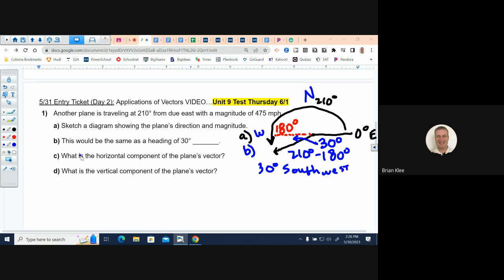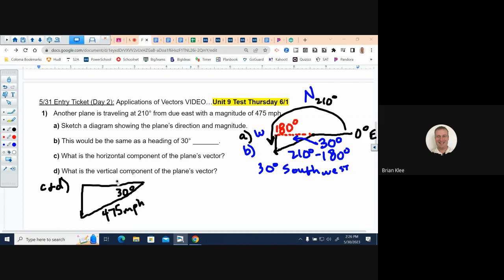Okay, next part. What's the horizontal component of the plane's vector? So that triangle that just got formed right here, we know the following on it. C and D both are here. I'm going to blow up the triangle section there. Here's our 30-degree angle. We know the magnitude of 475 miles per hour